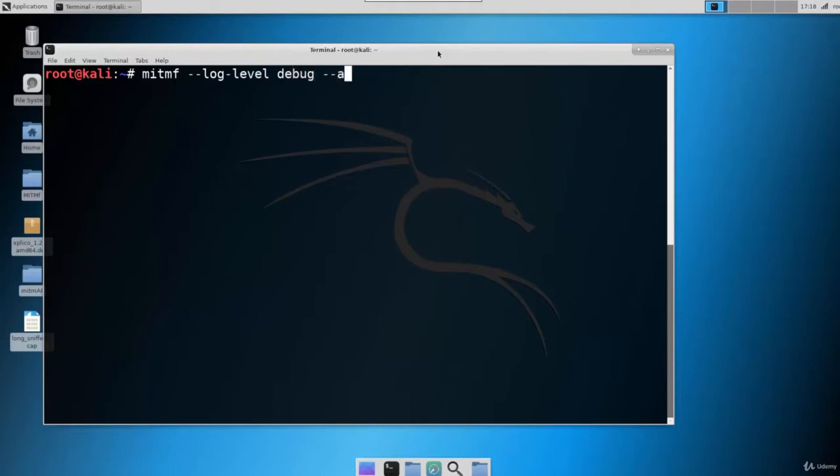and then we have to type --spoof, double dash gateway, and then we have to give the router IP of the victim network, right?